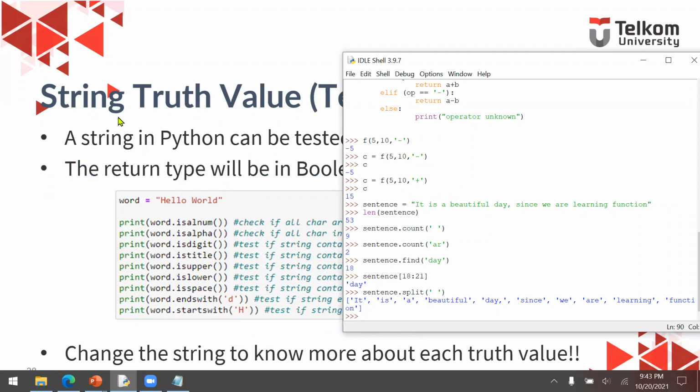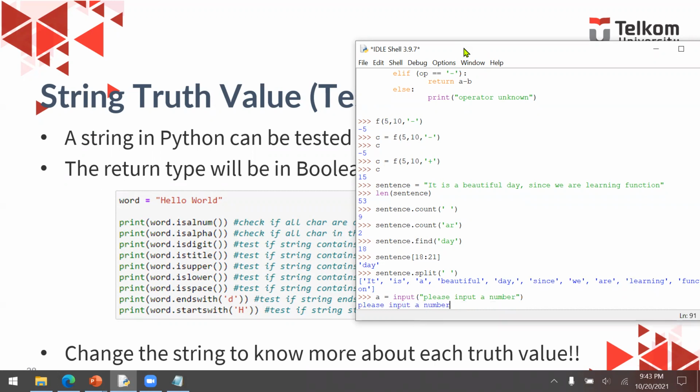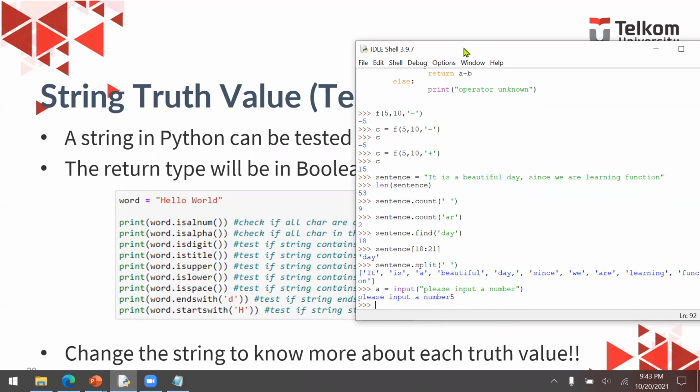Then we can also use the string truth value. For example, I want to check whether an input from the user is a digit or not. For example, let's say A is input. Please input a number. And then let's say 5. Okay.